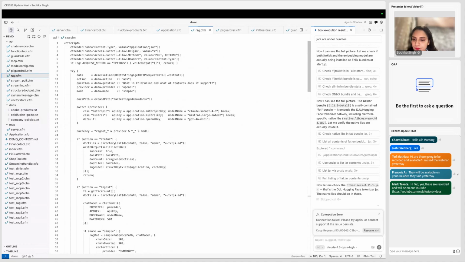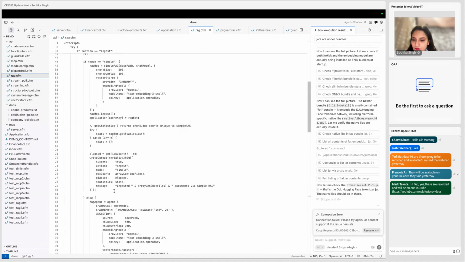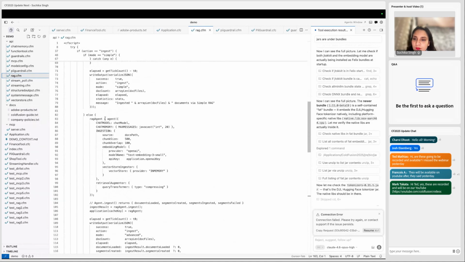So we'll just see the code of the chat model. So again, we have an agent here which has this chat model config. We have defined the chat memory, and this is where we've defined our RAG. So this is an advanced RAG code. We'll get into details of how this works in the next session. I'm just giving you a base idea of how RAG works, and then we can get into the details in